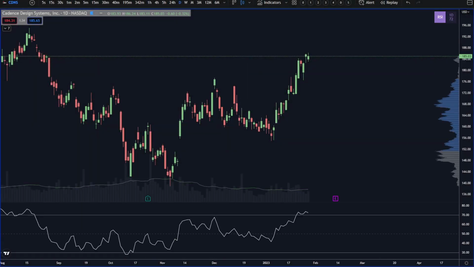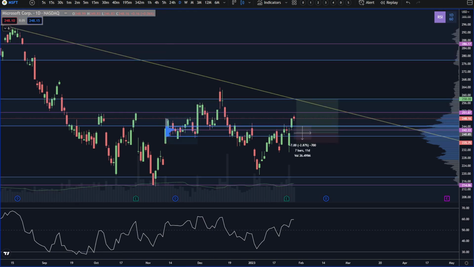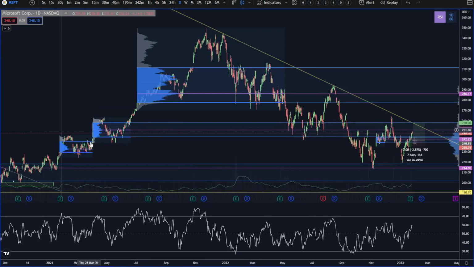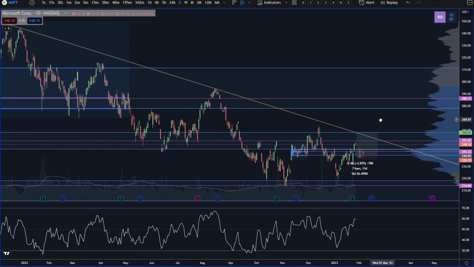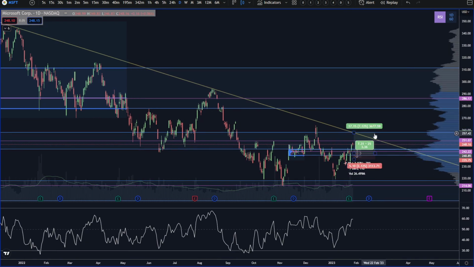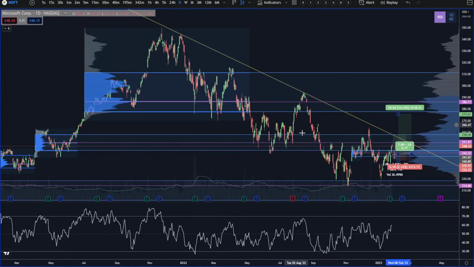All right, and then finally we have Microsoft. So Microsoft, it's a very similar setup. We are looking for a balanced play again. We're looking for responsive trade within this prior structure, which is also this guy. And you can see how there was all this mess in here before. So although the official target is 258, I have a feeling that if these buyers are going to persist, that we could probably move all the way up to like 275-ish, because essentially with this structure, we'll be back in